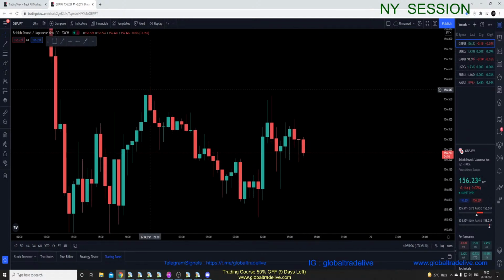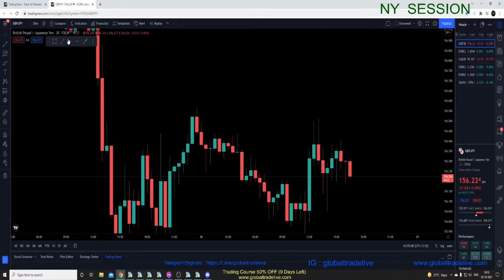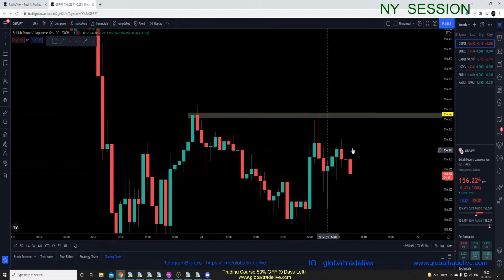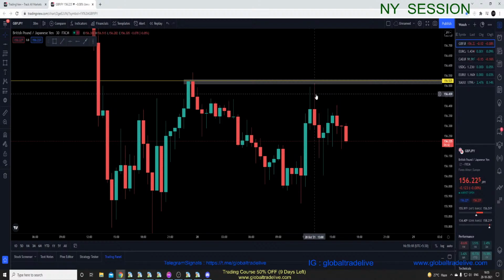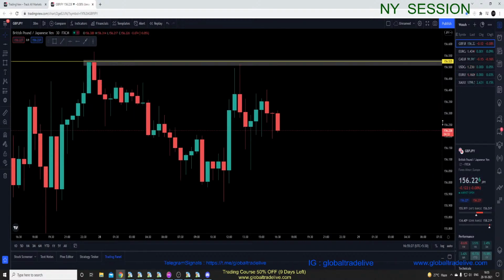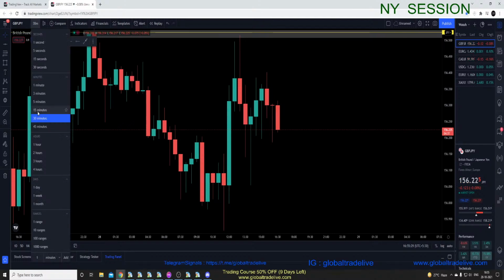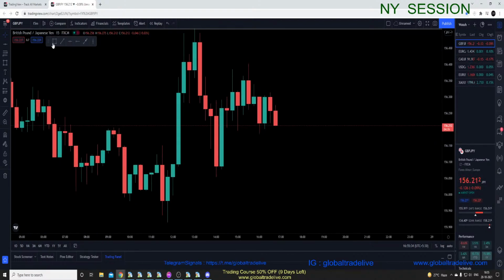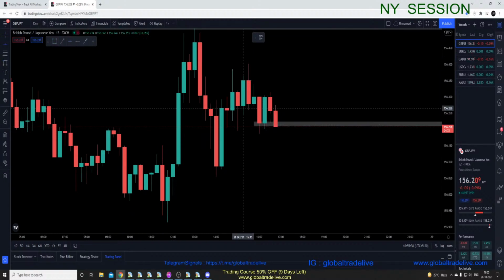Alright, so this is GBP JPY 30-minute chart over here, and there is a resistance at this point. So the market today tried to go up in the London session, but it failed to maintain its price above, so it went down by a rejection. So now the market is moving down. Let's go back to 15 minutes because I can see this clean range in 15 minutes. So if we draw a line over here